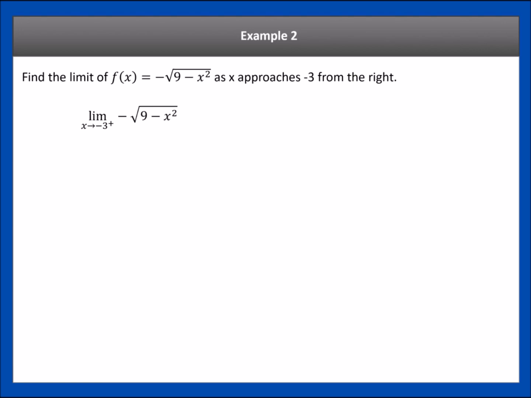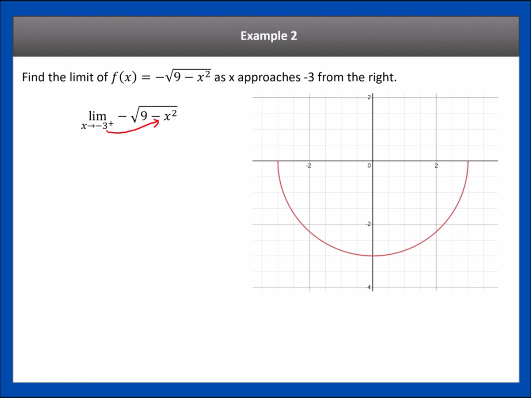Now, when you do one-sided limits, you basically approach them the same way that you would do a two-sided limit, a general limit. You can do a direct substitution, and if direct substitution doesn't work, of course you can manipulate the function in order to get a limit, or it just may not exist, right? So here we're going to try direct substitution and try to plug it in. Now, if we plug that in,